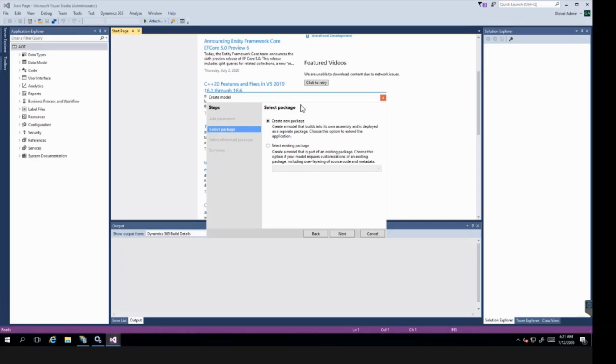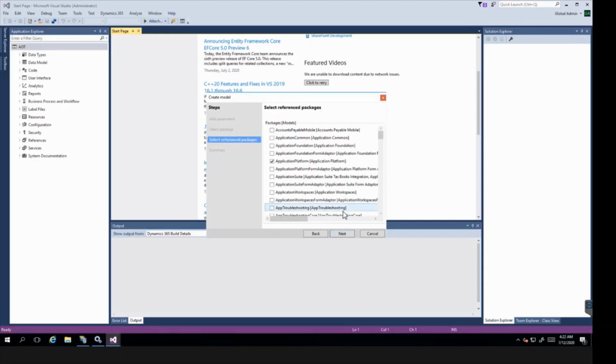In case, let's say after completion of this assignment of payroll solution, we get another assignment of expense management, and in that assignment we want to use objects of this model which we are creating just now, then in that case we will select select existing package, and from the drop down we will select the model which we are creating just now. This we will see later in our video. So we will see this option practically. For now, let us select create new package, as we want to create all our objects as new. Click next.